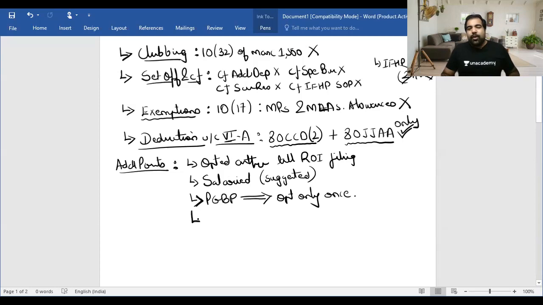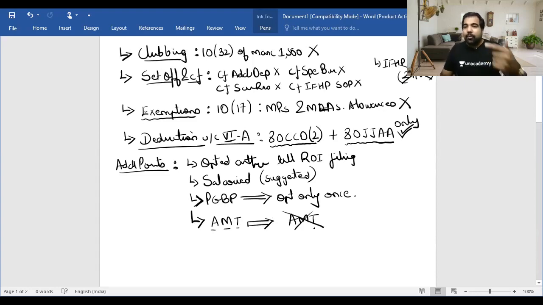Also, one additional point, guys. We had seen something called alternate minimum tax, where the government says that, listen, you're supposed to pay so much tax. You're supposed to pay 100, but why don't you pay 150? Why am I paying extra? Because the government says pay alternate minimum tax. And don't worry, you get a credit of that 50, which can be carried forward for 15 years. That is something that we had seen in alternate minimum tax. Good part is, if you opt for this provision, the alternative regime, then AMT will not be applicable.